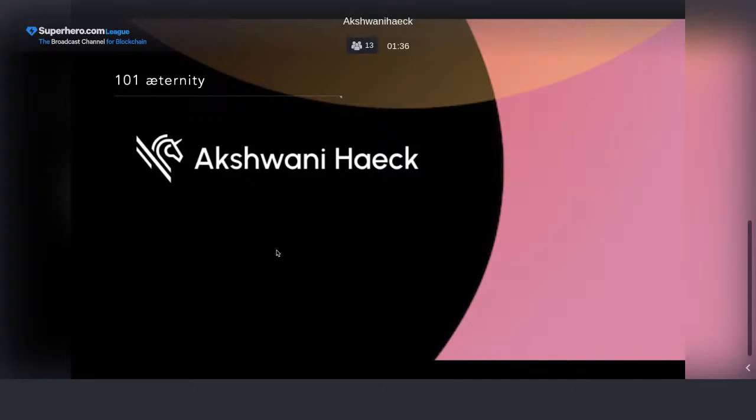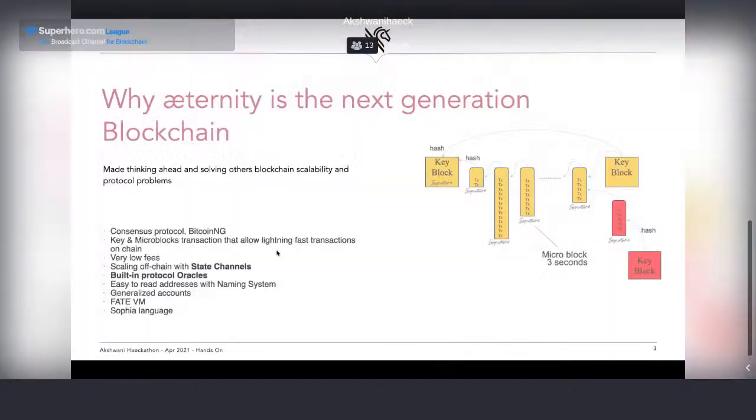But first, I would like to present very quickly, because we have talked about this many times, but it's always good to explain and show why aeternity is the next generation blockchain.